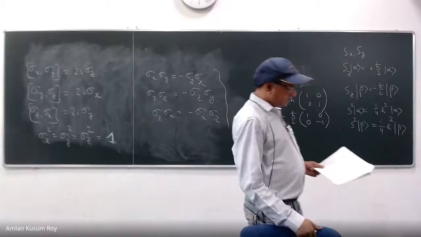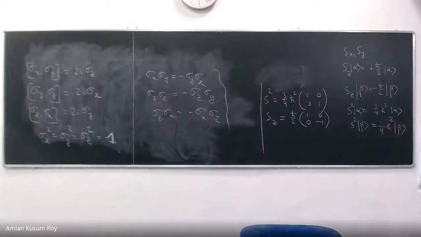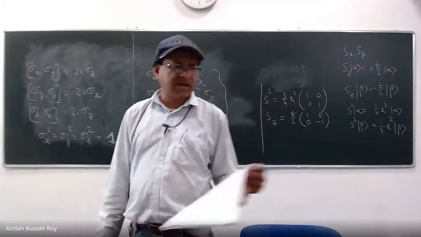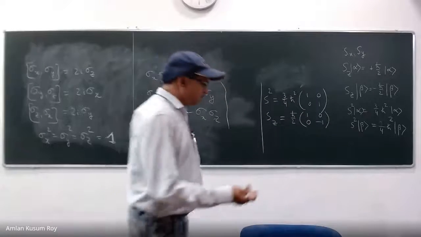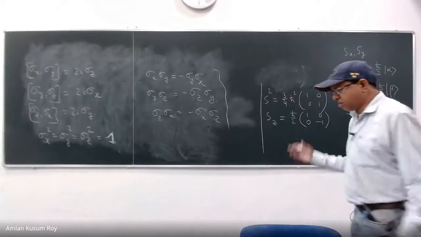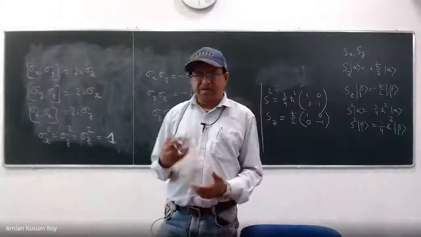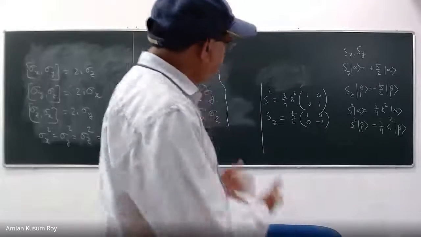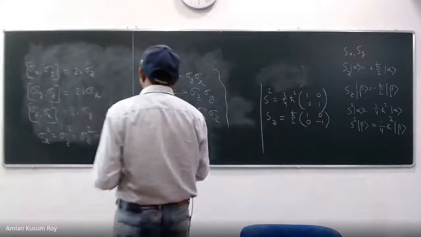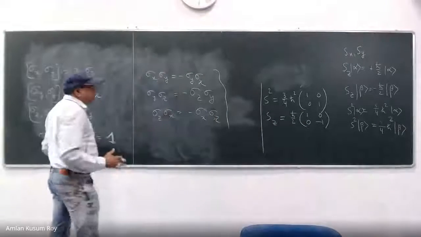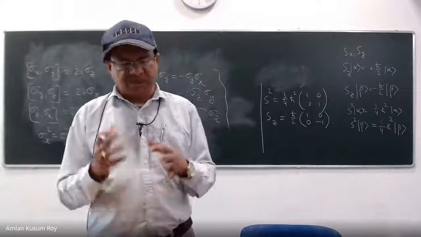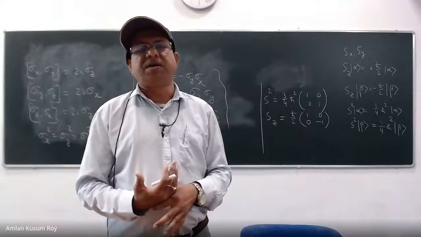Right? Many other things will follow from these simple relations, but I think this much is sufficient for the understanding of spin. Our job is not to derive lots of mathematical equations and hardcore mathematics. We want to understand the physics and chemistry. So this much mathematics is sufficient for us to go to the many electron problem. So all these things that we did relate to the spin of a spin half particle and the corresponding operators and matrices.